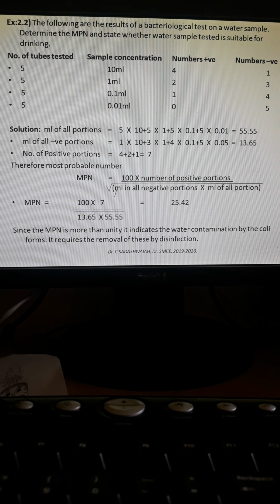So firstly, ml of all portions: we have in the first case 5 test tubes where 10 ml was poured, and then the second set 5 into 1 ml, and the third set of 5 test tubes 0.1 ml, therefore 5 into 0.1 ml,